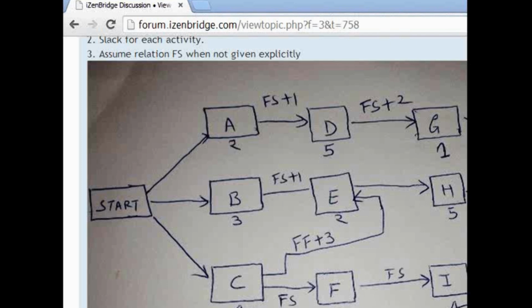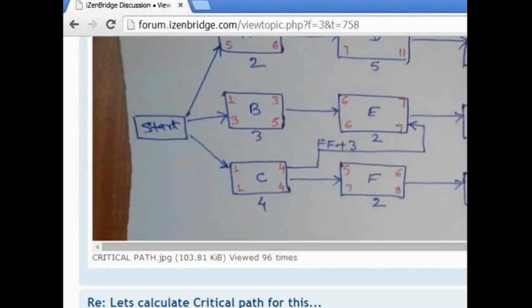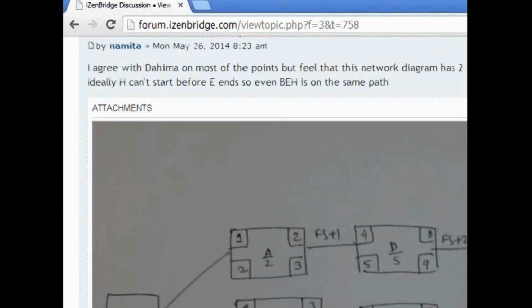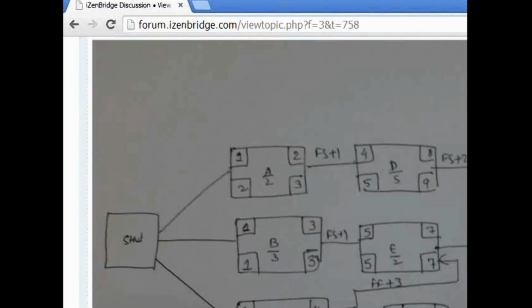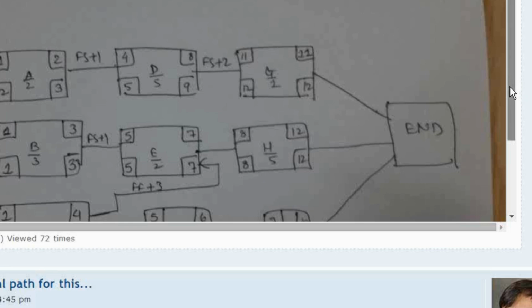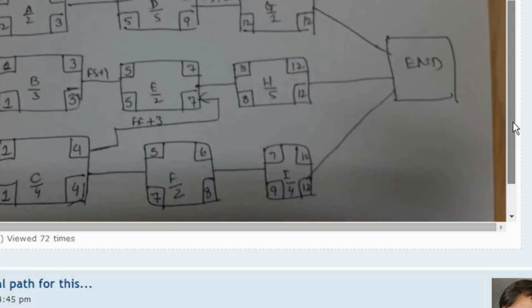Now, if you go further down in the thread, you will see that finally we have a solved question, and this is an image where Mr. Daima solved it, and he explained the complete forward pass and backward pass. That is why I have been insisting through my mails that please look at these 3 threads. They can help you to utilize this particular webinar quite well.